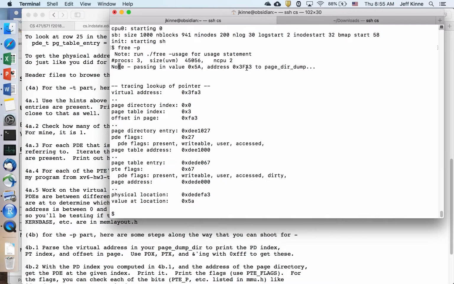This is a memory address, that's a pointer. At that location, there's a value 5a. In the end, the page dump finds that value by tracing through the page directory in the page table. It should be the same. If it's not the same, then you have a problem. Okay, so that's a sanity check for the -P,